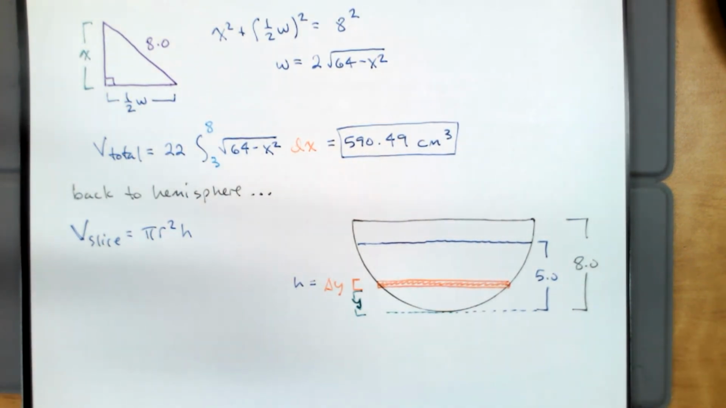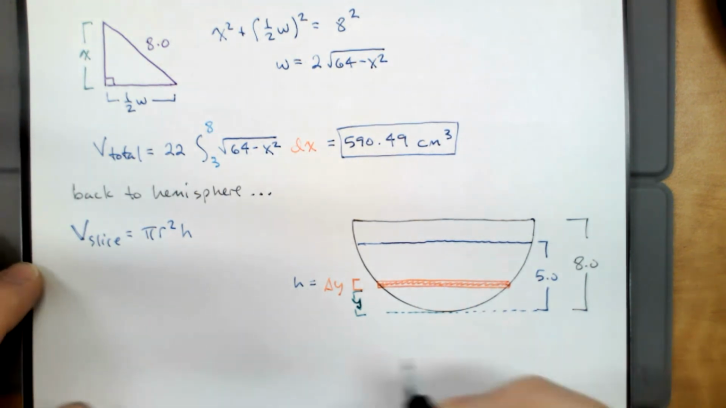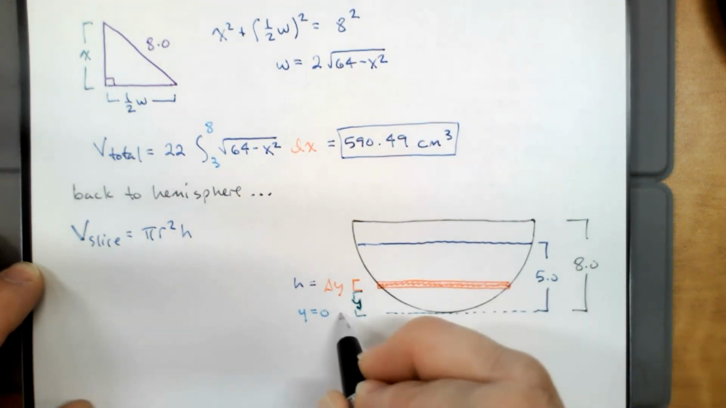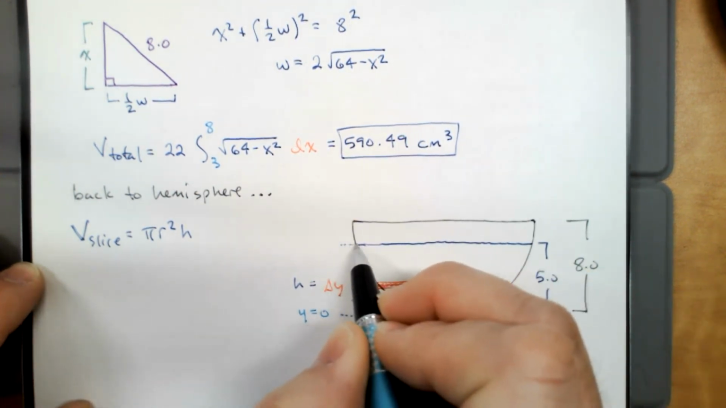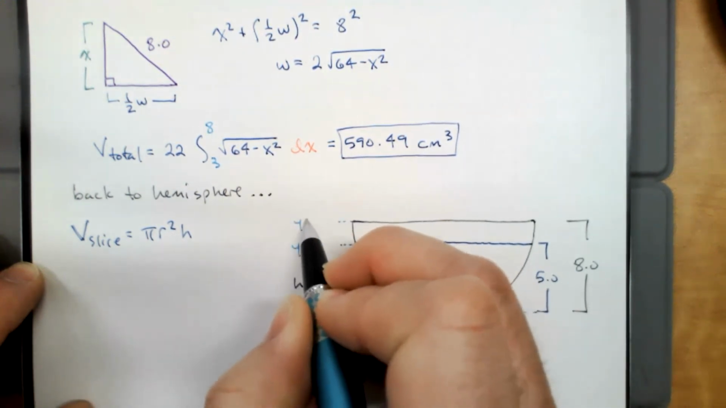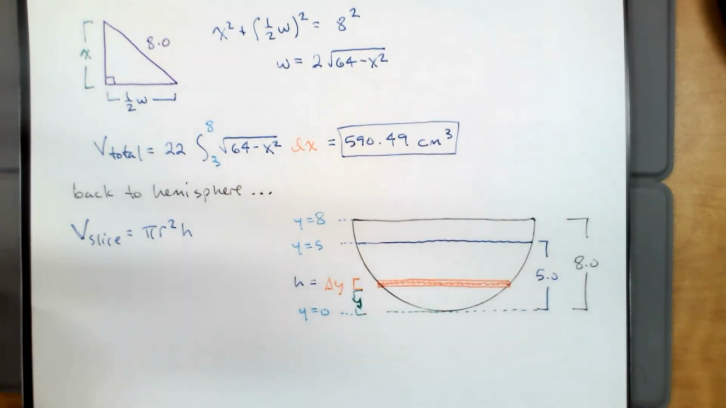I'm going to say y is the distance from the bottom of the bowl to the slice. Once we make that choice, we have decided that y equals 0 down here at the bottom of the bowl. The water ends at y equals 5, and the top of the bowl is at y equals 8. So thinking ahead to where we